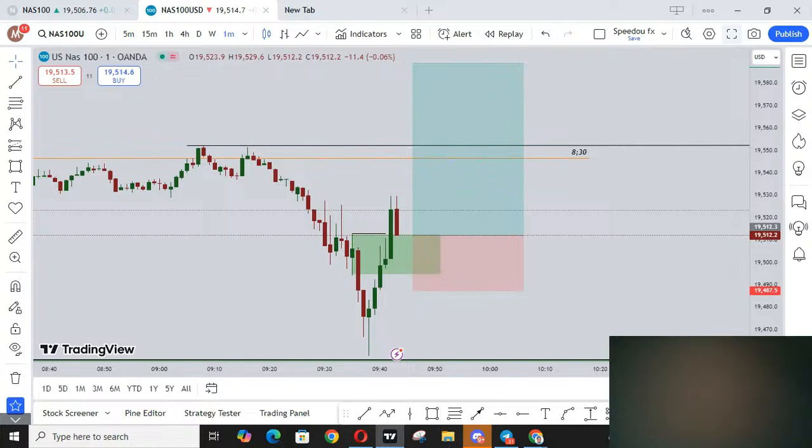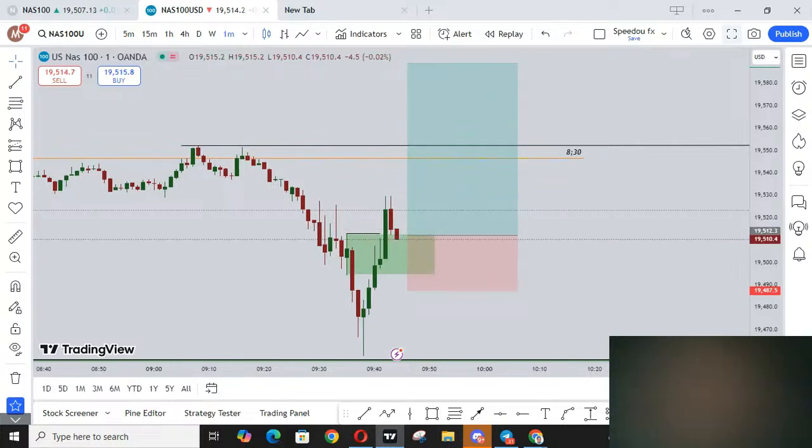So a nan zan ɗauki entry. Mark you, ba wai ina cewa wani ya ɗau entry ba, ko kar ka ɗau entry. Personally, kamar da na ce, as per model na kenan. So I will take my entry a nan gurin, and then stop loss ɗina za ta kasance tana ta ƙasa.